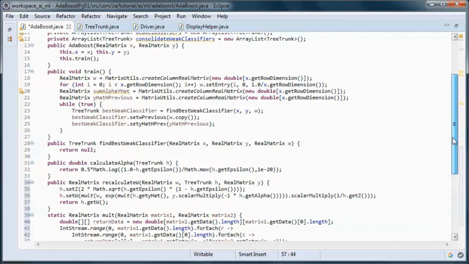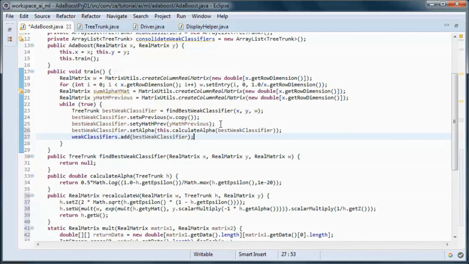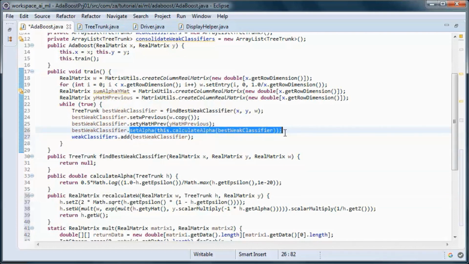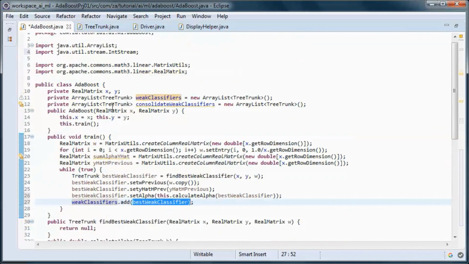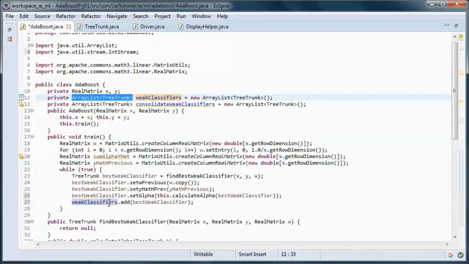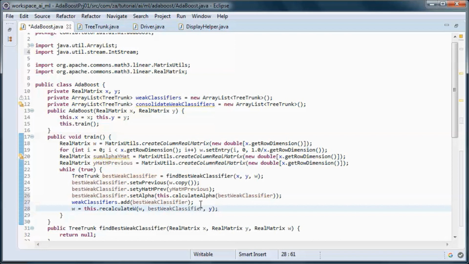So we calculate and set alpha here, and then we add this classifier to the array list of tree trunk classifiers. And we recalculate W.